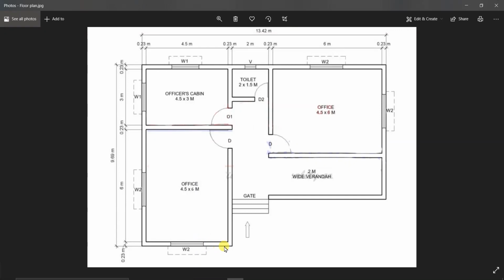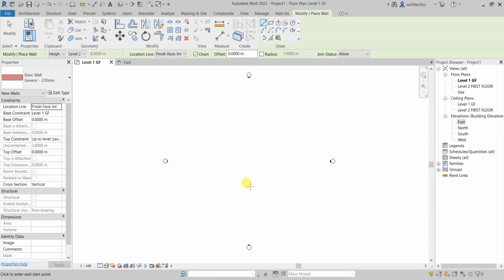And now if you look here, you can see that this is the first room, this is second. So basically we are going to model this, we are going to draw this by room. So first room is 4.5 into 6 meters. So let's simply start the wall command, and now let's simply draw 4.6. Let's simply enter the value,